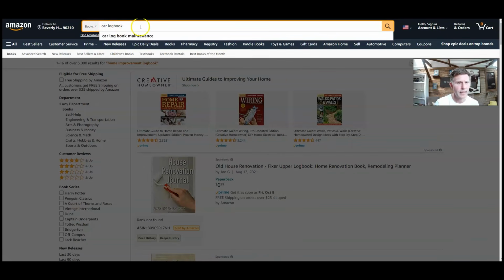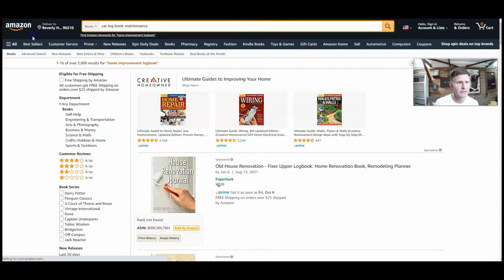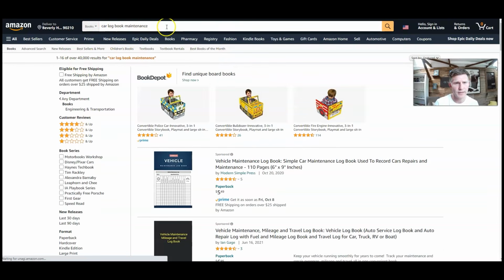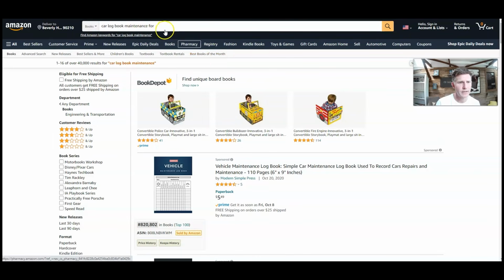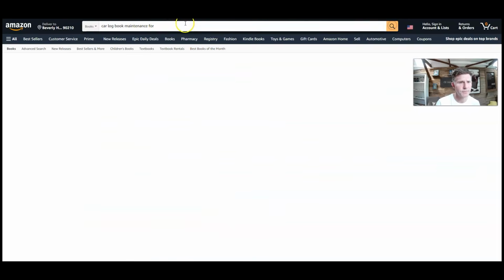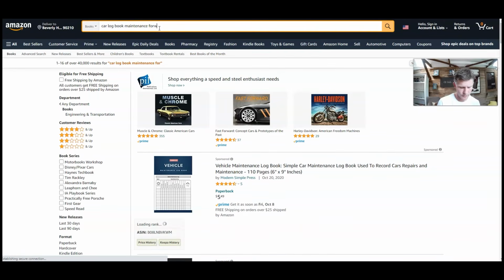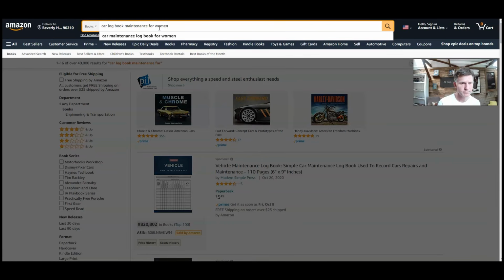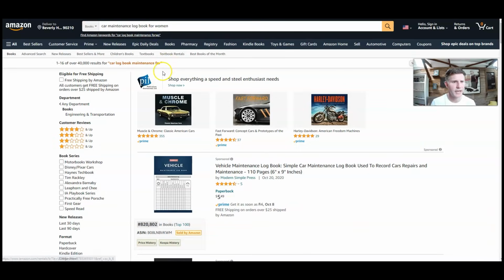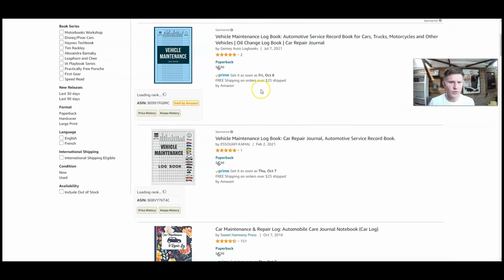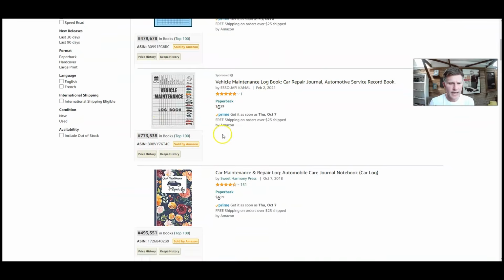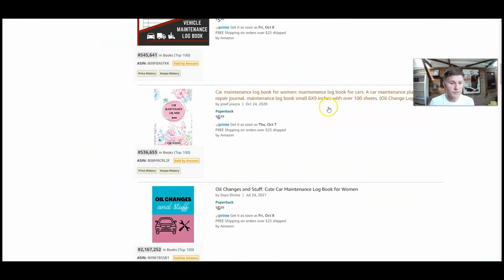logbook maintenance, and that's going to be 40,000 results. But if we did 4 like that, that might reduce the results, or we might even do, if we do for women, that might change the results as well. So it brings us to 10,000. We would then have a look and see how many are on here, and we need to obviously keep a record